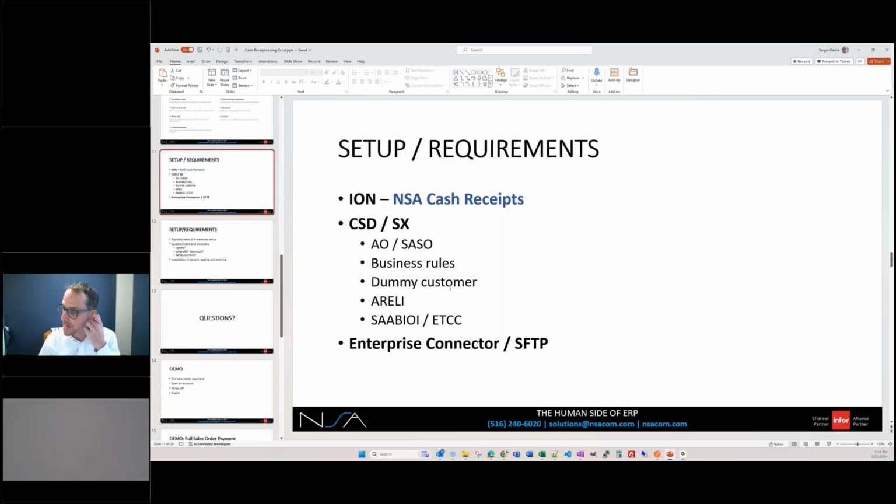Dummy customer, we need to set that up. We need to set up ARELI, and then a couple of jobs here at the end to manage exceptions. So these tools are for watching the files as they come into the system. And then finally, we need a way to have the file communicate with CSE, bring that in,